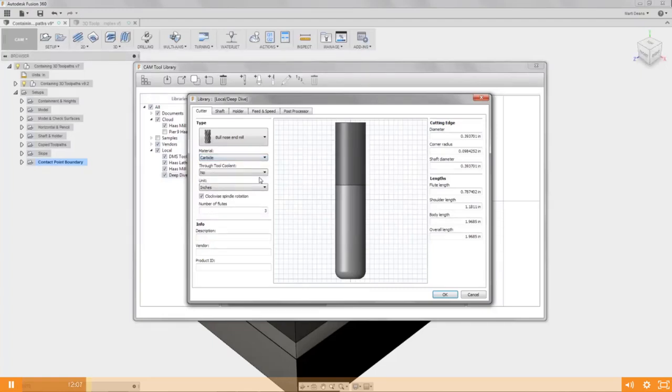So put in a little bit about it: what's the material, temperature, coolant, unit. You can have metric or inch tools. Do note that if you pick metric here, other tabs like feeds and speeds will also be in metric. Putting in the number of flutes is important. Fusion will use that later down the line for a bunch of calculations, so make sure that's accurate. And then just like before, this description